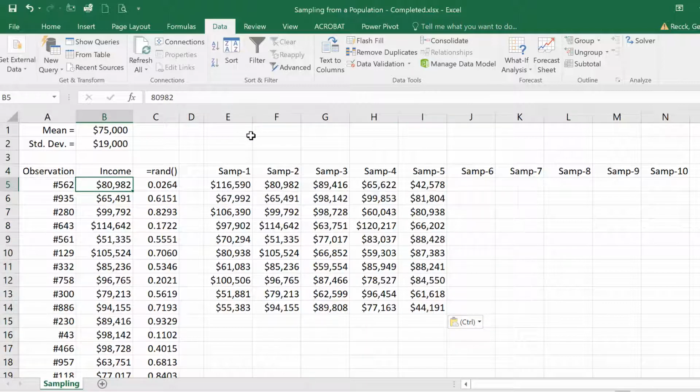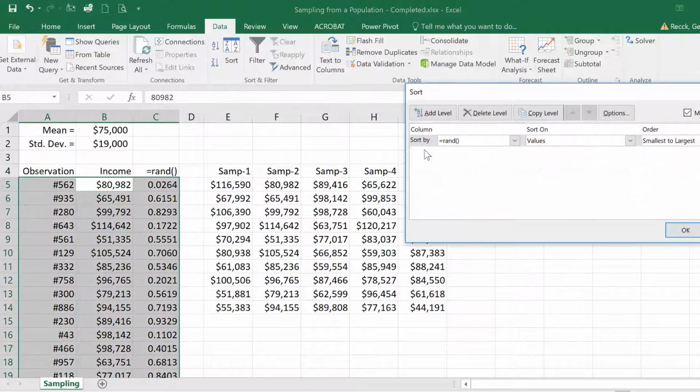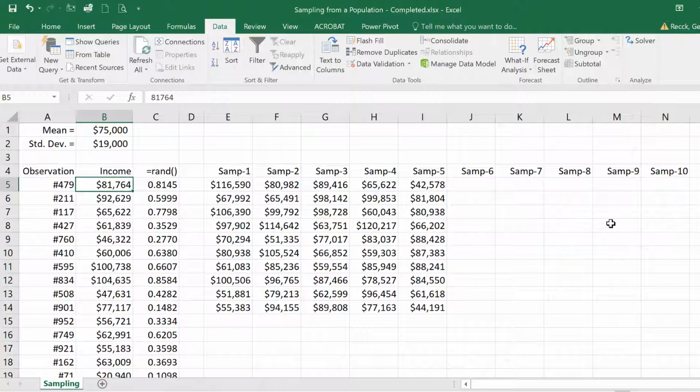Maybe I'll do another random sort. All I'll do is just click sort. It's already set up. Oh, notice it says my data has headers, which can be a little tricky to use sometimes, but it's nice if you have column titles to identify which column you're sorting by. So perhaps in the next 5 samples, I will grab